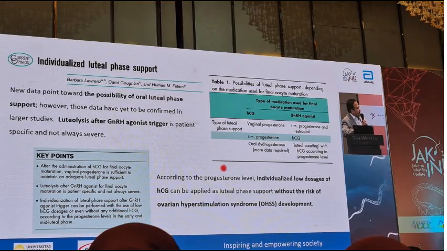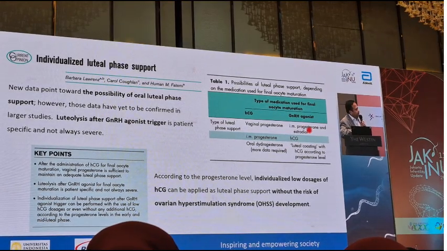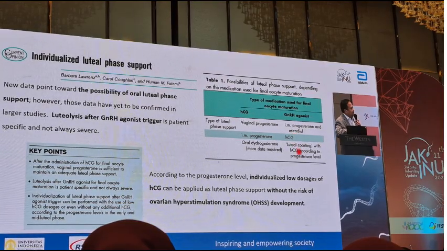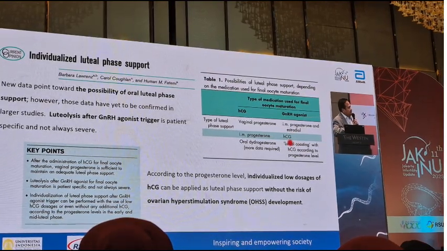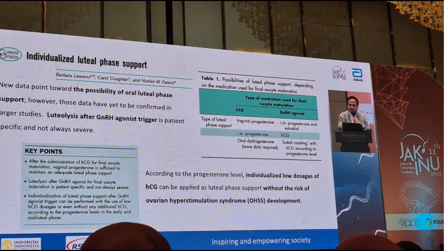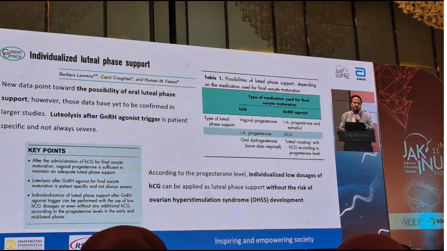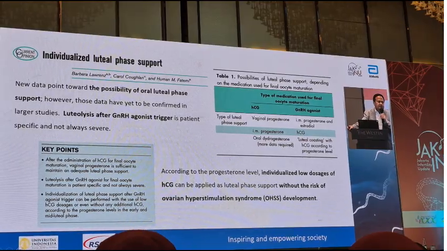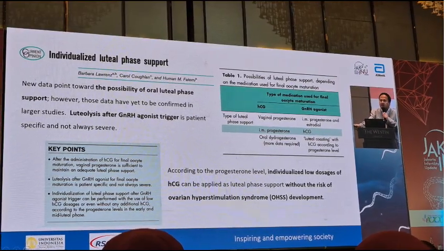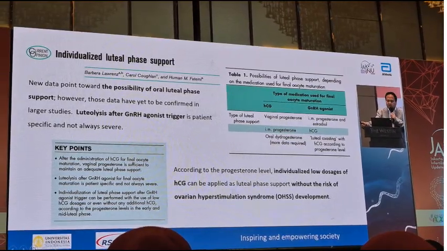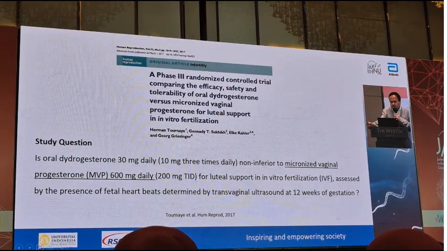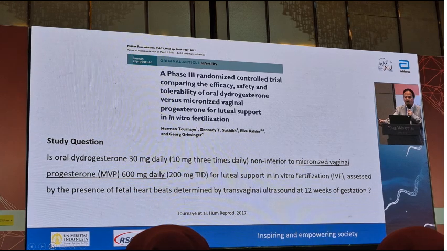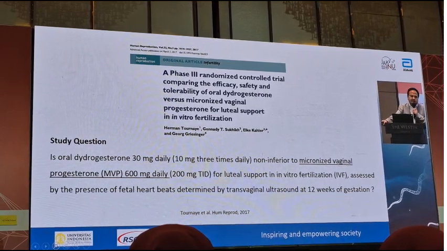We should make a combination between progesterone injections with micronized progesterone or low-dose HCG. But if we use HCG, we can use any of the luteal phase support regimens. We can use vaginal, oral, even rectal, or injectable progesterone. A very interesting study, I think almost 10 years ago, is Lotus 1, Lotus 2 and Lotus 3, clinical